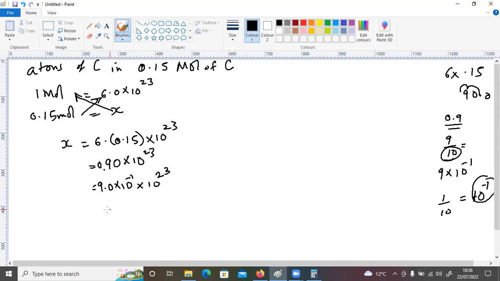Okay, 23, and then what happens when you are multiplying items with bases which are the same, you add the powers. So this is 10 times 10 to the power 22. I said in the introductory video, if you are adding two numbers with different signs, minus 1 plus 23, you subtract them and put the sign of the bigger number. The bigger number had a positive, so you subtract them, you get 22, and it is positive like that. Okay, so this is what we are left with, that it is 9.0 times 10 to the power 22